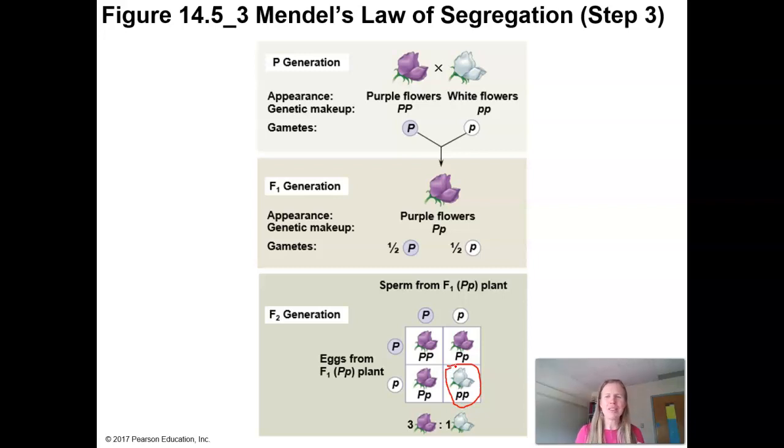So do you guys remember Punnett squares? I'm hoping that you guys have done these in the past, but maybe it's been a while. So just remember, you're basically just saying, okay, we're crossing a heterozygous purple flower, one that has a capital P, and also one that has a lowercase p, the recessive gene, with another dominant and a recessive, right? This is the sperm from one of the F1s. This is the eggs from one of the F1s.